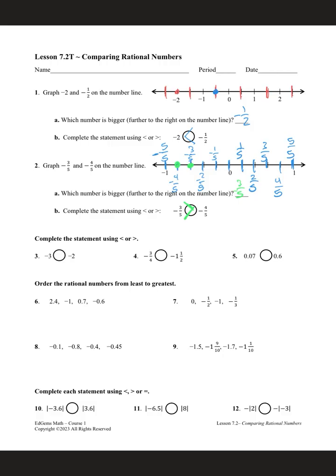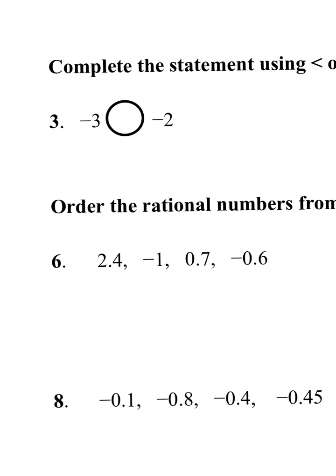All right, so here we go with numbers 3 through 5. It says complete the statement using less than or greater than. I'm going to zoom in on these problems so I can draw a number line and show you guys. It'll come in really handy when we talk about number 4 and number 5. On number 3, we've got negative 3, and they want us to compare that to negative 2. So we can draw ourselves a number line,